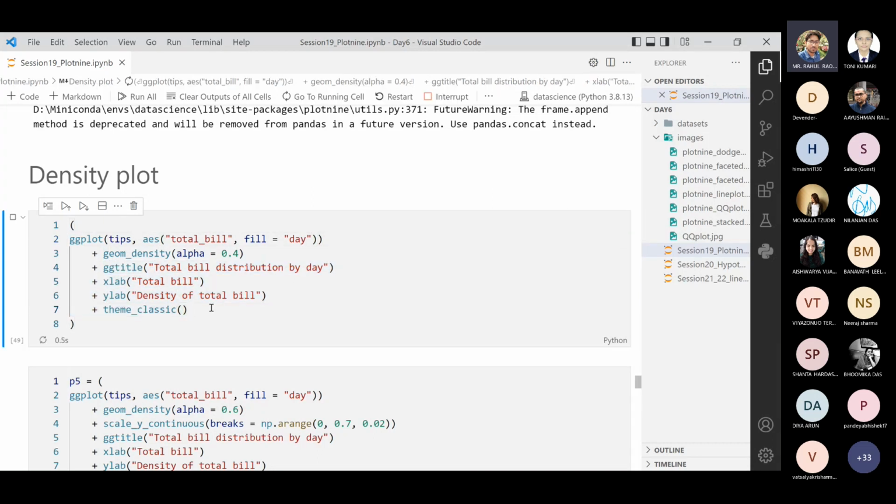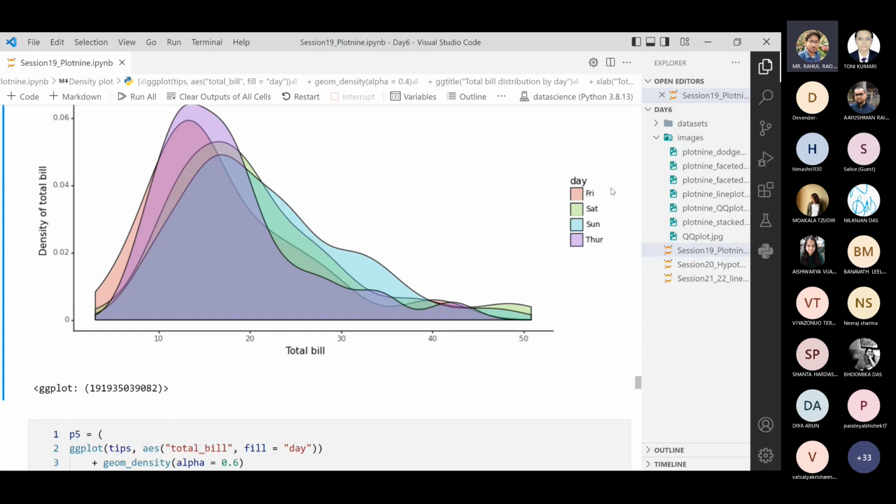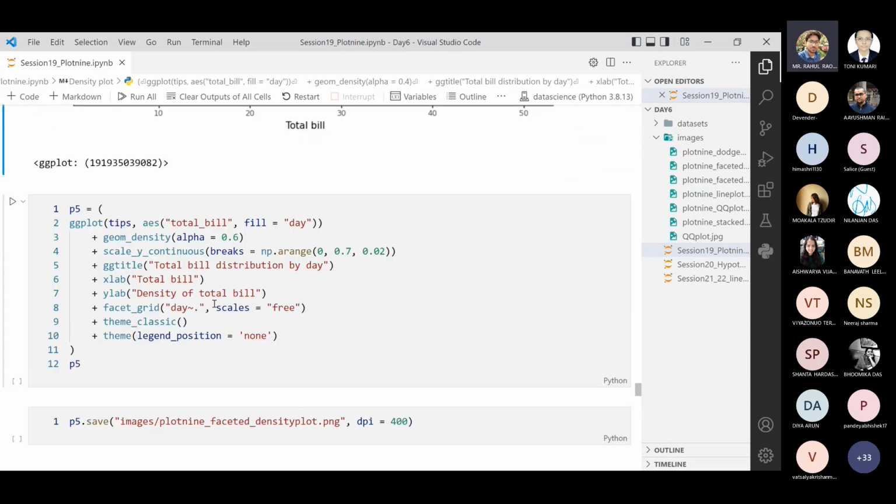And if I enter, it will create a day-wise smooth version of the histogram, and it also gives a color scheme, and we have given opacity of 0.4. That's why the background distributions are also visible, like lines, how it's going. Same thing if I